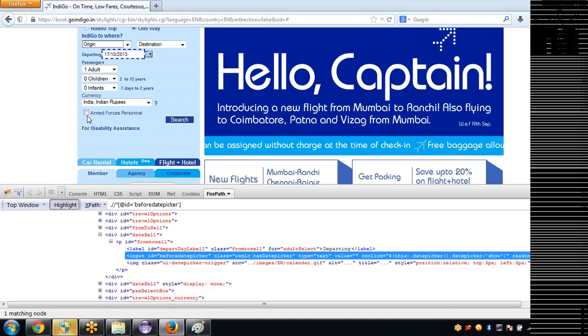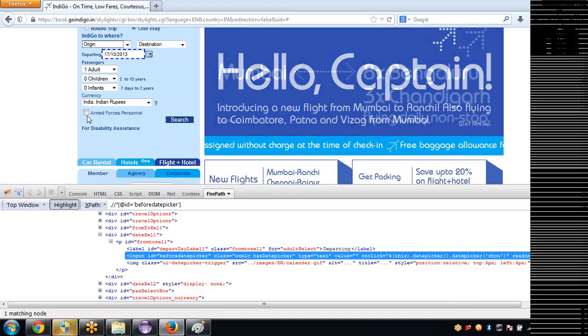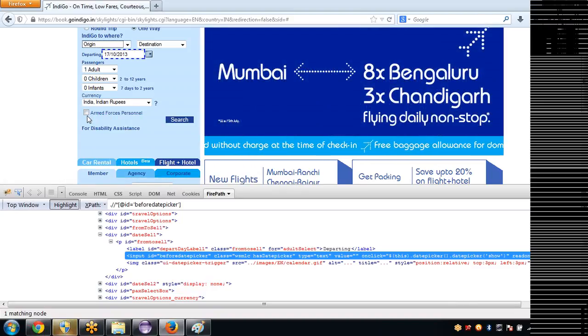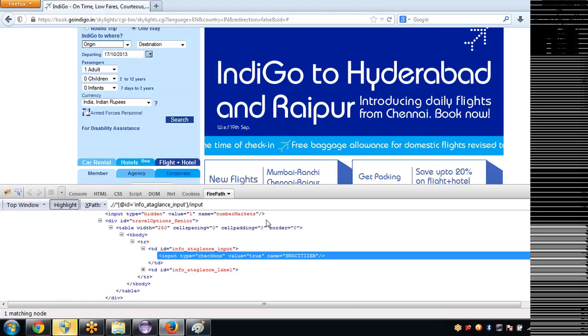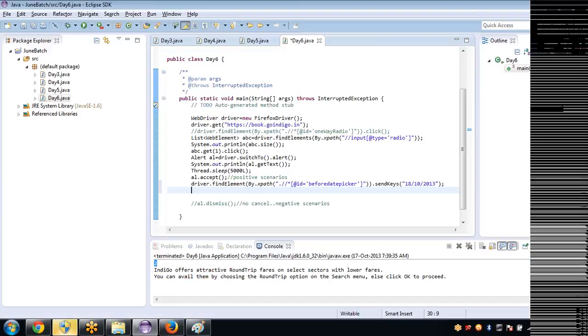Now we'll see checkboxes. Checkbox validation is simple. In the same way, take an XPath of this.